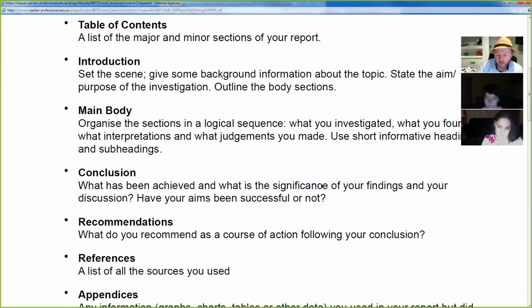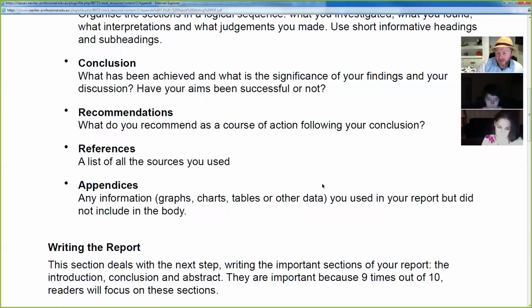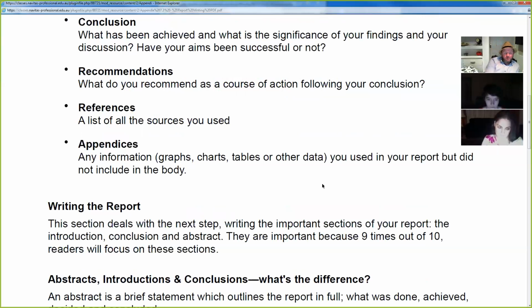So that's what a report might have. The references might be all the sources that you've used. Again, that's the parallel to an assessment. An essay, I've got assessments on the brain. And then the essay, you might have all the appendixes as well as the references. And in the references, for a report,